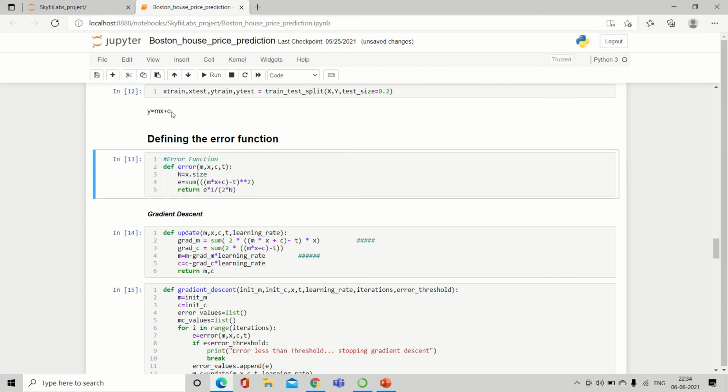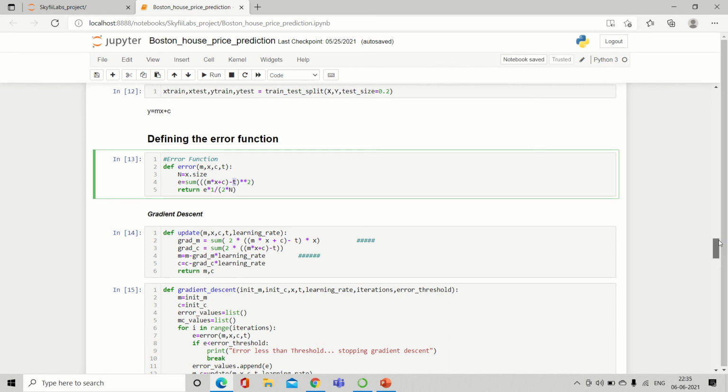As here we have predicted value as mx + c, we will find the predicted value and then subtract it from the actual target value, then obtain their difference, and then we are going to square them and sum all the error values, then divide by the total number of values in the training data set.